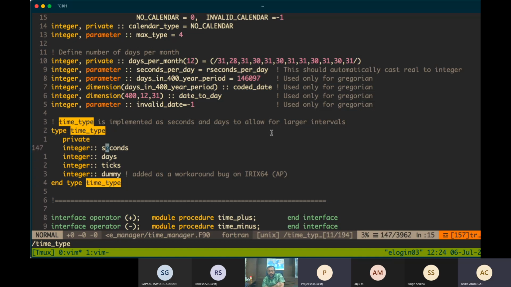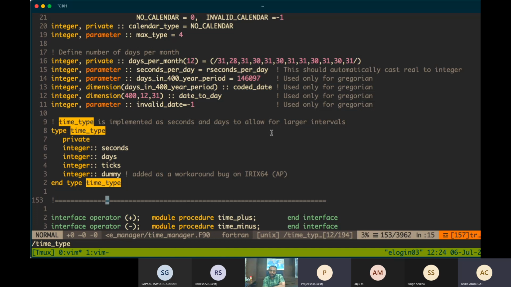And all these are integers. Now, when you add two time types, what do you mean? Do you mean just add seconds to seconds, days to days, or ticks to ticks? That's what I'm asking.